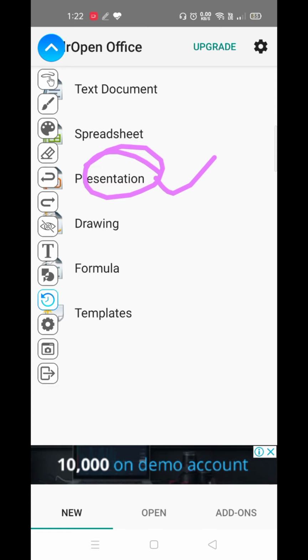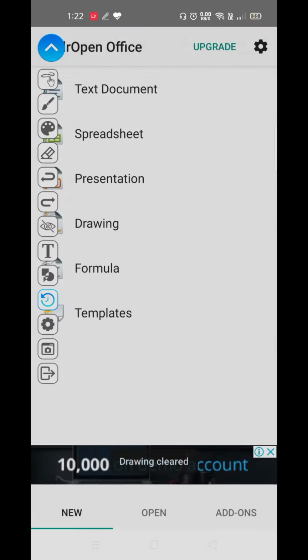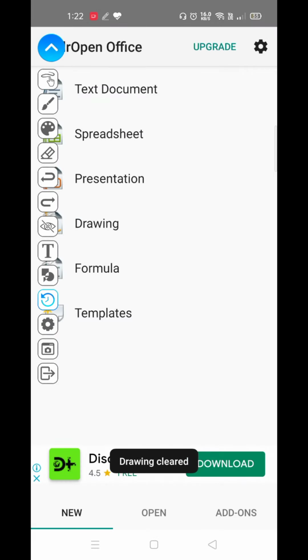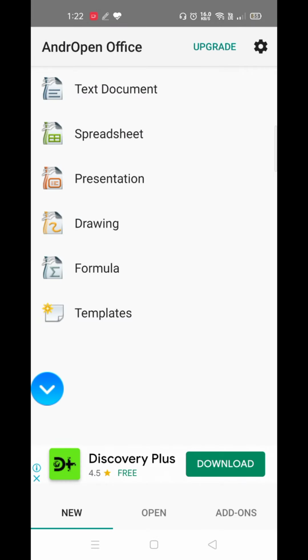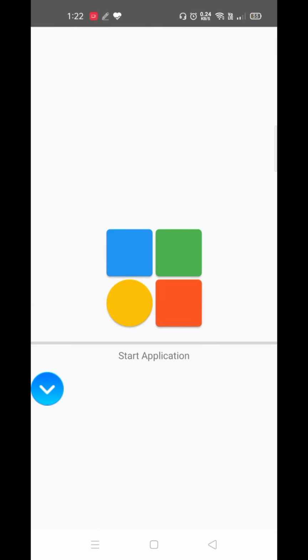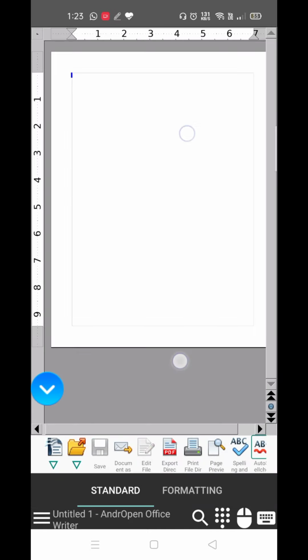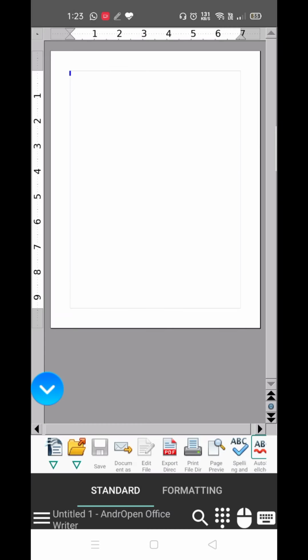But for now, you just have to work with OpenOffice.org Writer, or in short we can call it our text document application. Now I'll show you how we can open this application and how we can work with multiple tools which are available in this. So you have to double click on this icon, that is available over this side. It is the text document one. Once you click on this, it will take a few seconds and then it will automatically launch the application. As you can see, this application is most probably similar to your Windows application.